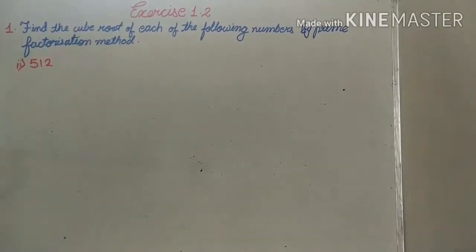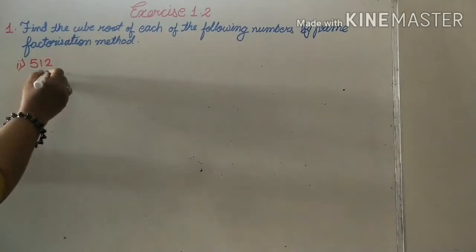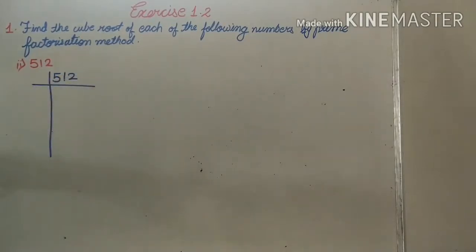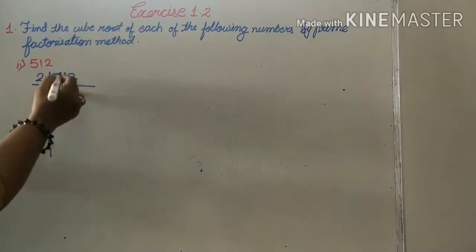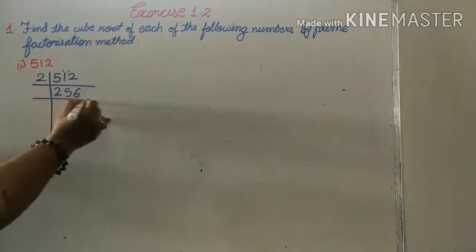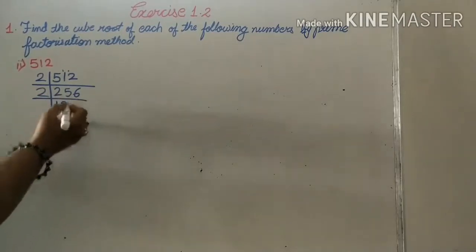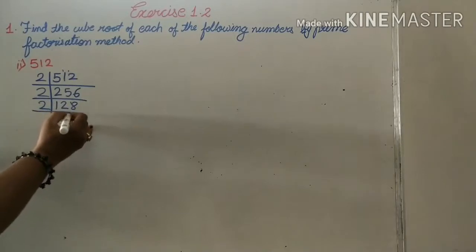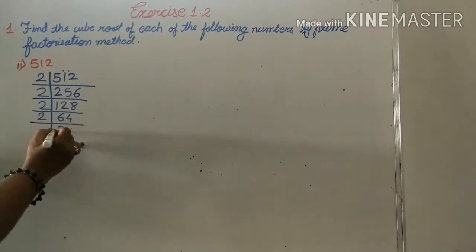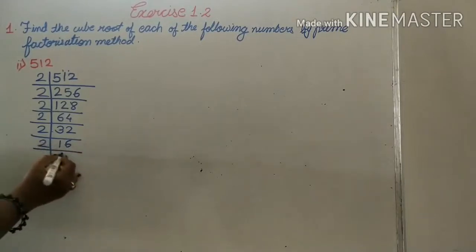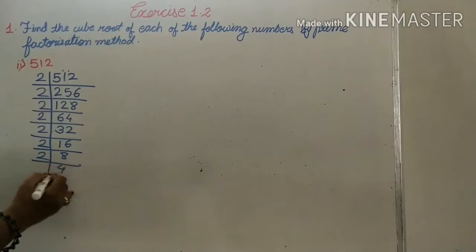Second one, 512. Now we'll find the factors of 512 using the prime factorization method. 512, the unit digit is even, which means it is divisible by 2. 2 2s are 4, remainder 1, it becomes 11, 2 5s are 10, now it is 12, 2 6s are 12, 2 1s are 2, 2 2s are 4, carry 1 here, it becomes 16, 2 8s are 16, 2 6s are 12, 2 4s are 8, 2 3s are 6, 2 2s are 4, 2 1s are 2, 2 6s are 12, 2 8s are 16, 2 4s are 8, 2 2s are 4, 2 1s are 2.